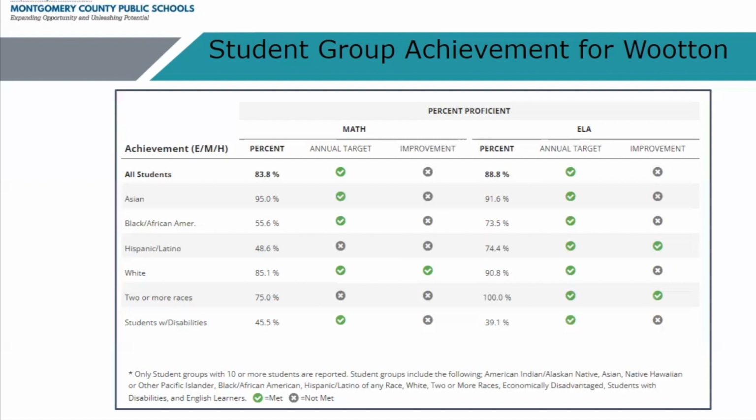So once we write the goal, we will then complete an anticipated results column. So we're going to try to predict where we think we're going to go. And that's one way that we look to see whether we're making the progress where we want to. For example, a school might put in their predicted results column that in math, we might want to look at how our targeted groups perform on district measures, because if they're improving on district measures, then they're probably likely going to do well on that state measure too, because generally the district measures are a little more rigorous than the state measure. So if you've got that, you've likely got the other.